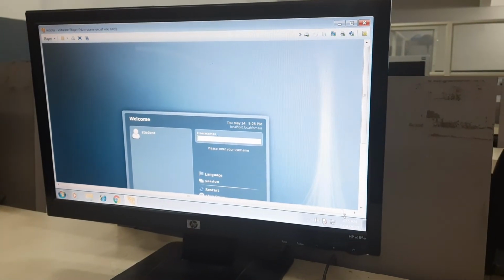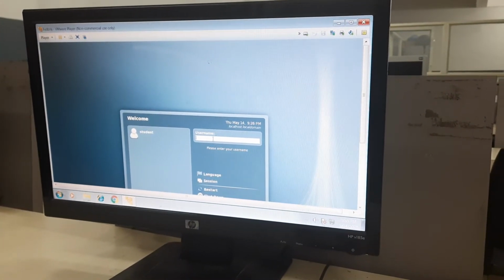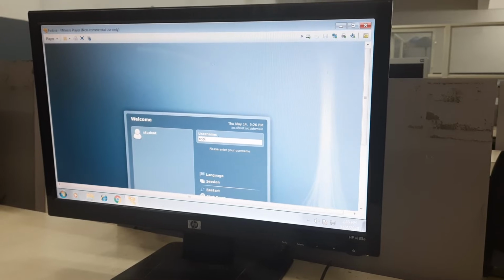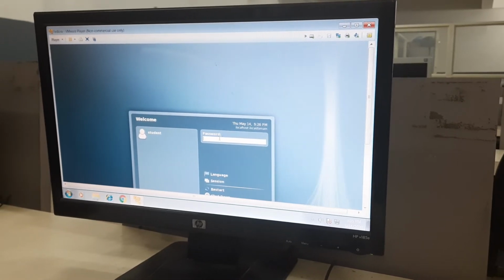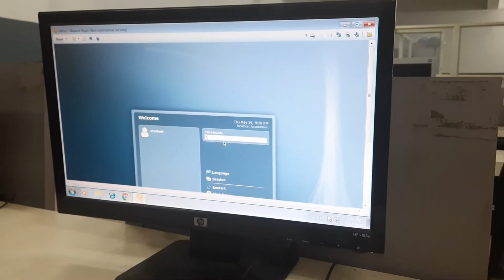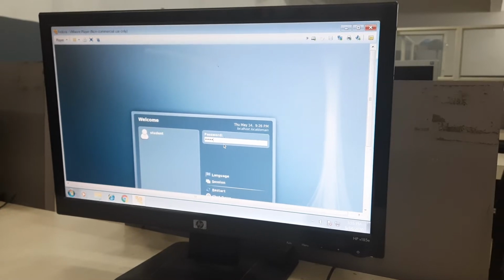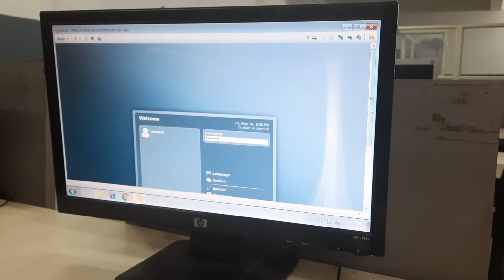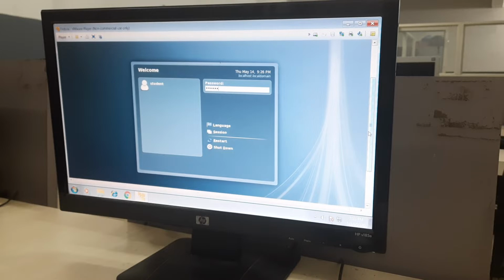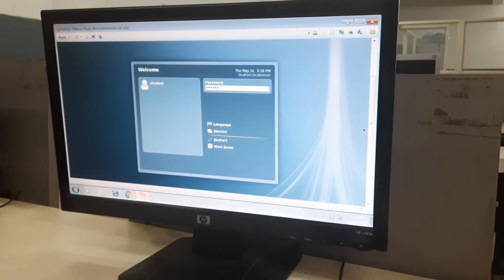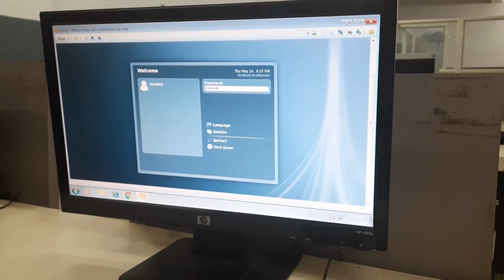After doing this, we need to put the username. The username here we have is root, and the password we have set is 1, 2, 3, 4, 5 and 6. So after doing this, we need to press enter.